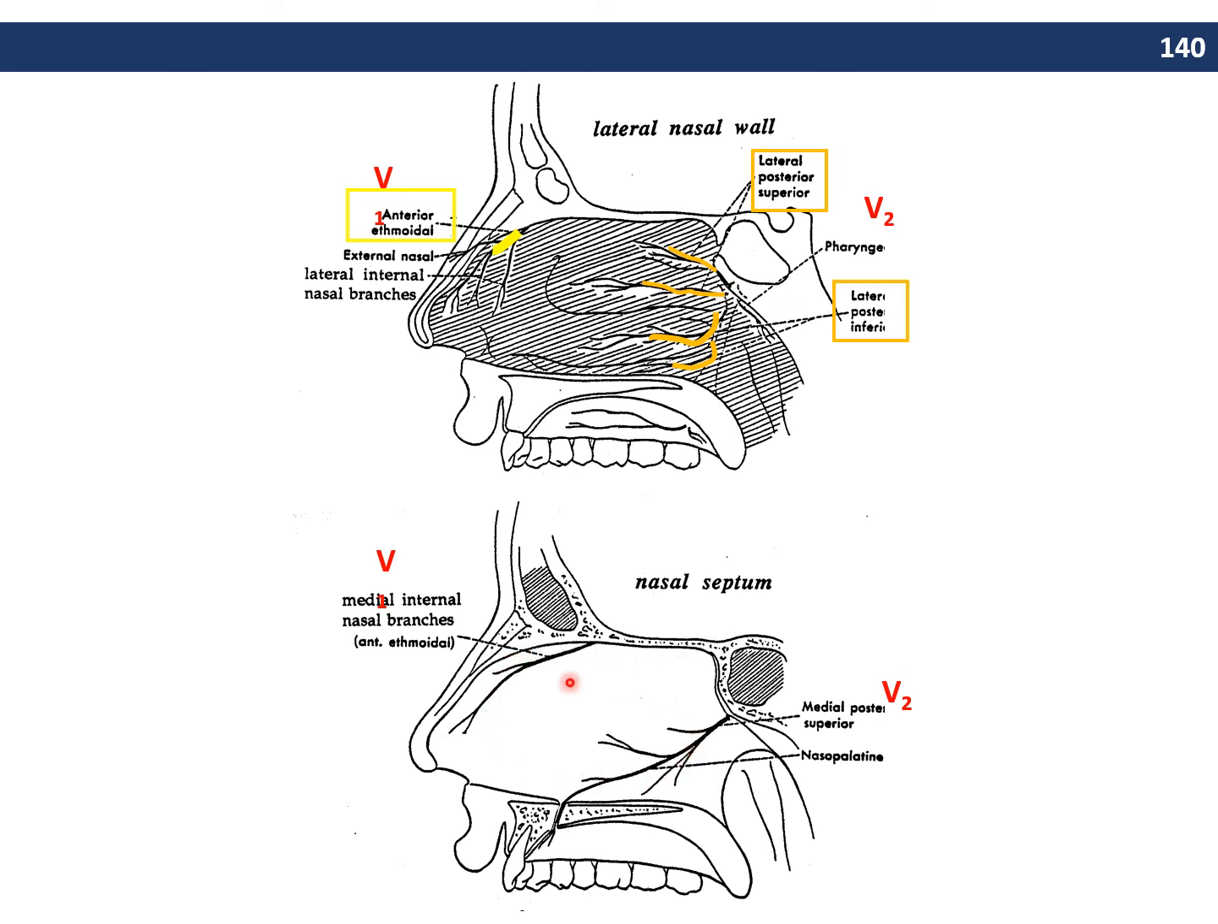On the nasal septum, there are medial internal nasal branches, again off the anterior ethmoidal nerve, and those are part of V1. And then from V2, the medial posterior superior nerve terminating in the nasopalatine nerve as it goes through the incisive foramen. What I forgot to mention in the picture at the top was that there are also the descending palatine,